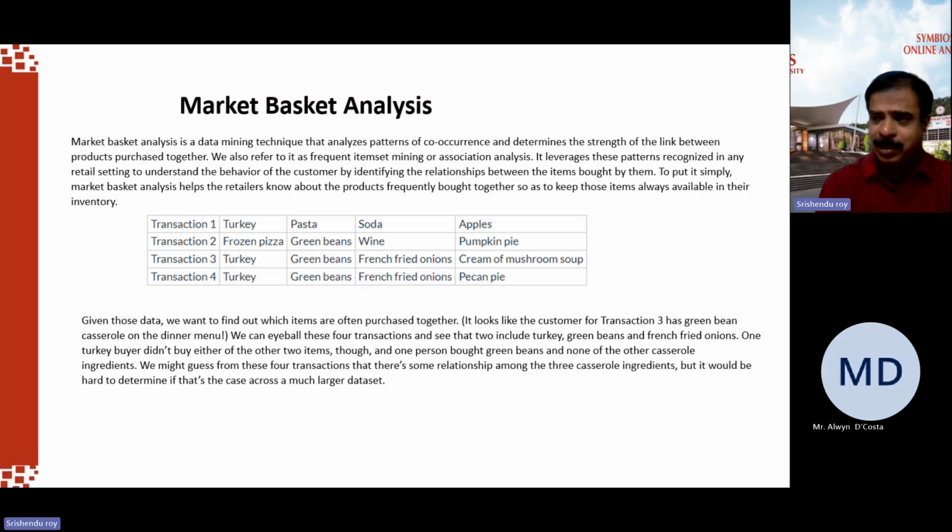So it will help us, the retailer, to identify the strong link, and they will always keep those products together, so that there is always a high sale of the products together, right? In the given data, we want to find out which items are often purchased together, right? If we look into this, it looks like the customer for transaction 3 has